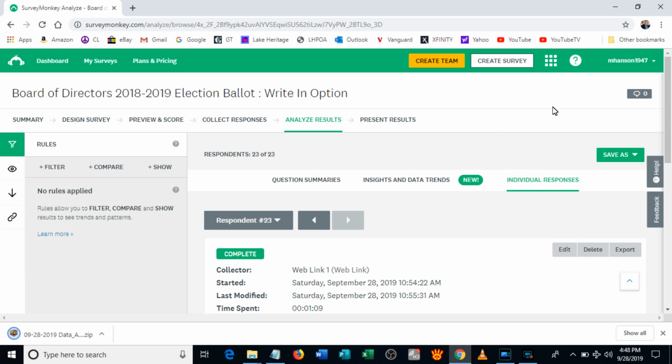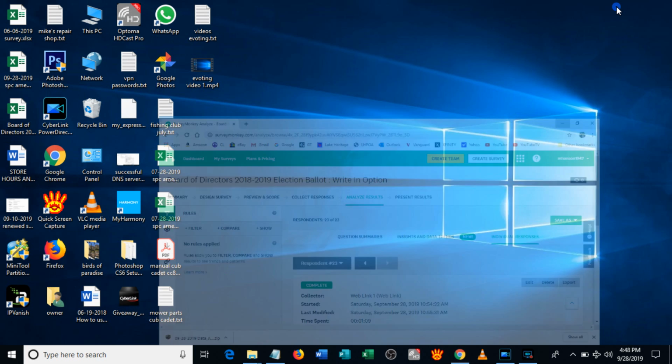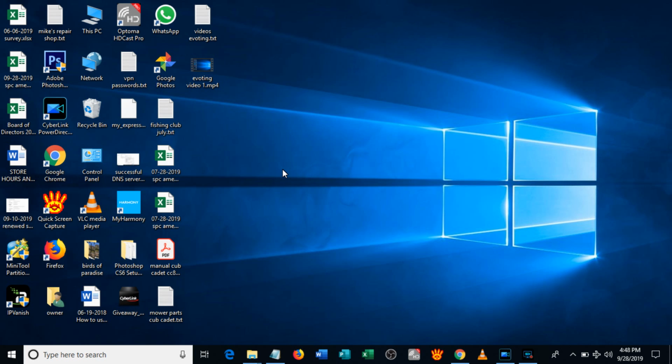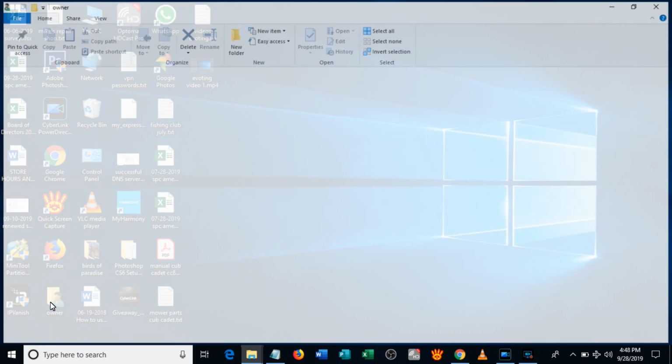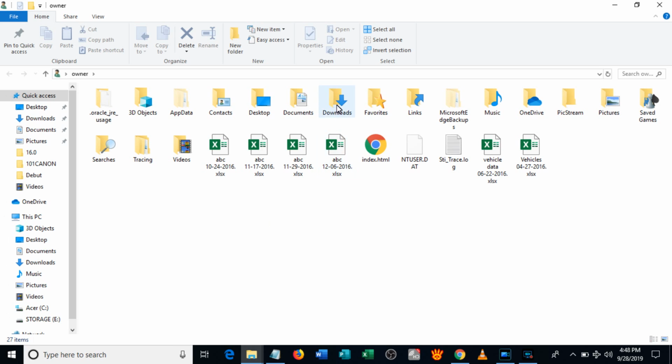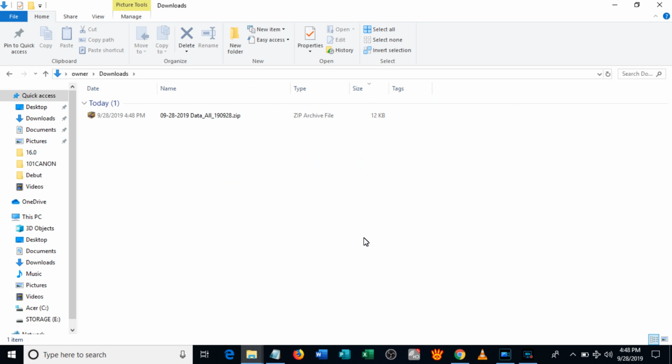And let's take a look at my files and see if it really did download. So I'm the owner of the computer. Not a very great name. Downloads, and I cleaned the download folder out. So here it is. Now, because it's a zip file,